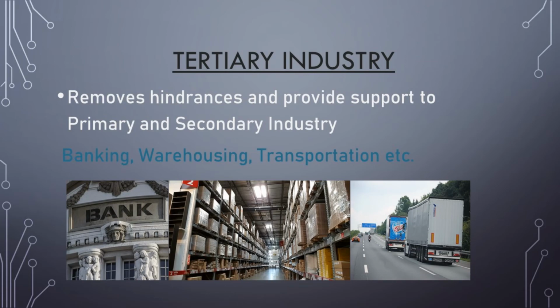Insurance covers various types of risk involved in business activities. Banking provides financial services and credit facilities to business enterprises, whereas warehousing provides storage facility for goods from the time they are produced till the time they are consumed. And the most important, advertising, which provides information about various products to the consumers. So, this was the classification of industry part of business activities.